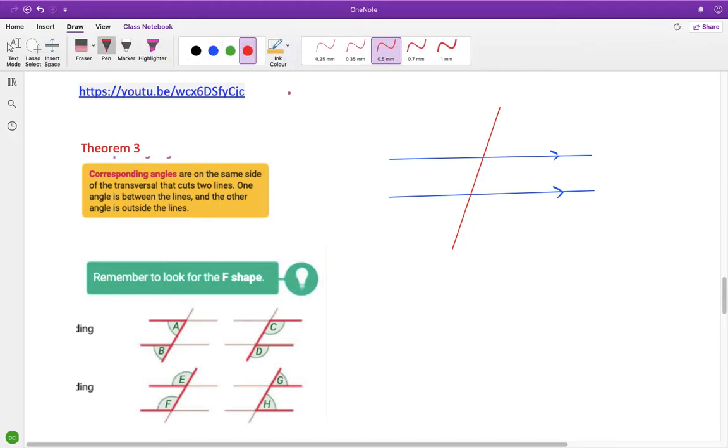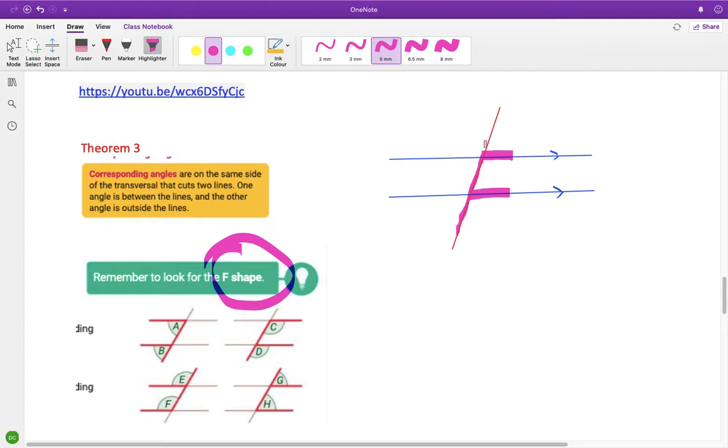Now, when we're doing alternate angles, can you see the highlighter over here? You look for the Z, so you go along the parallel line, down the transversal, along the parallel line, and you find your Z shape. For corresponding, we look for an F shape. So you go down the transversal, one arm on the parallel line,